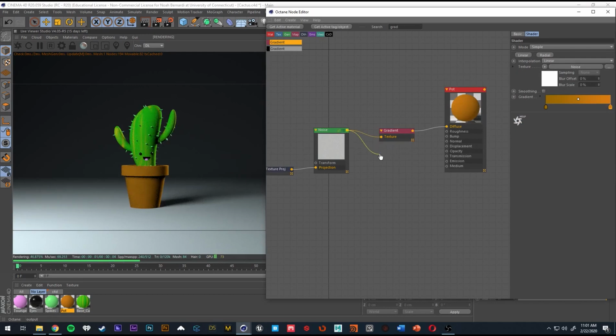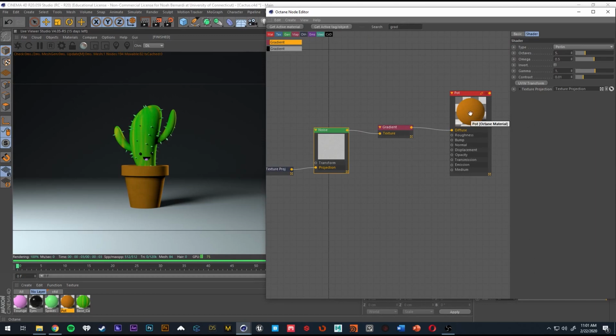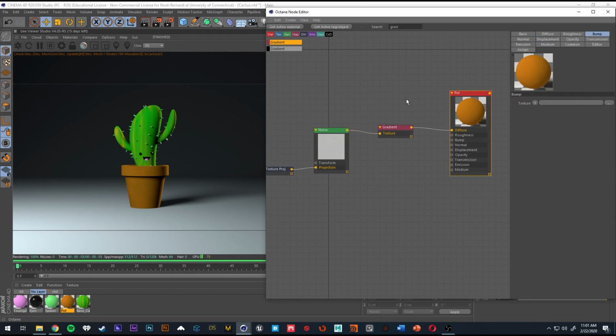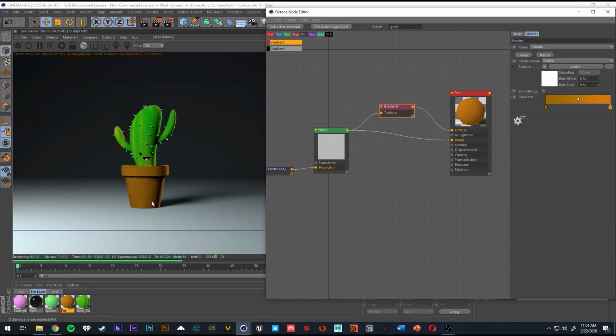We can also add the noise here to a bump channel if we wanted to, and this is one of the benefits of using the node editor. Instead of copy and pasting it into the different channels, we can just click on the node here and drag it into the bump channel. And you notice we get a little bit of bump detail here, which gives it some surface